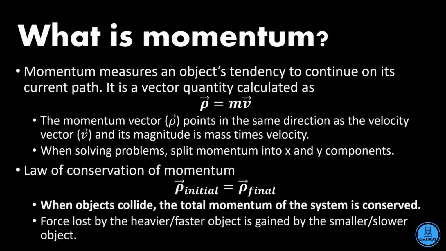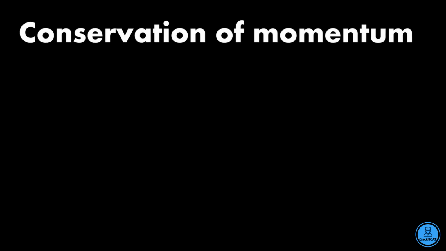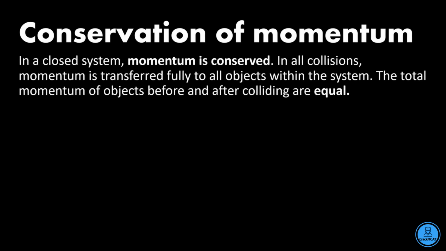The law of conservation of momentum states that initial momentum is equal to the final momentum. What this means is when objects collide, the total momentum of the system is conserved. What this means is that force lost by the heavier/faster object is gained by the smaller/slower object. In a closed system, momentum